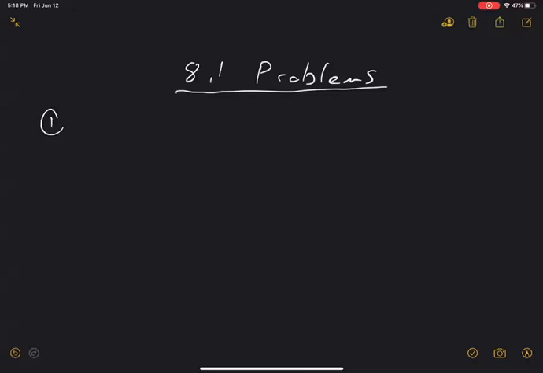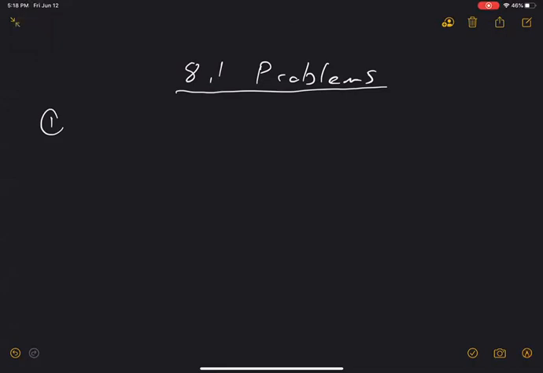transformations of graphs. I'm not sure yet why they included this. I haven't looked at the entire homework yet. I'm going to do that with you guys live. So I don't know why they included this right now, but maybe in a couple minutes I'll say, oh okay, this is why they included it. So